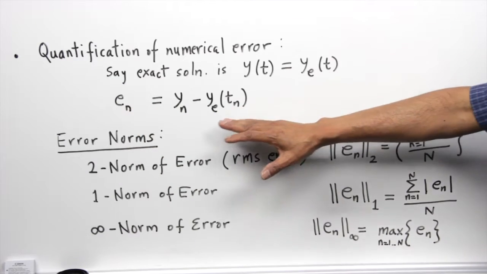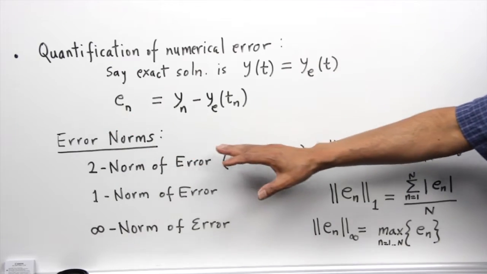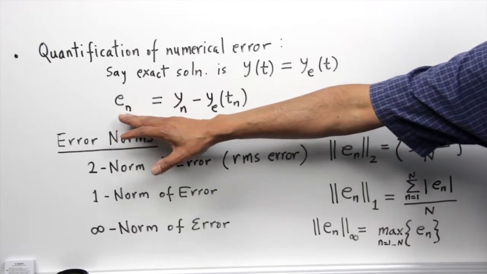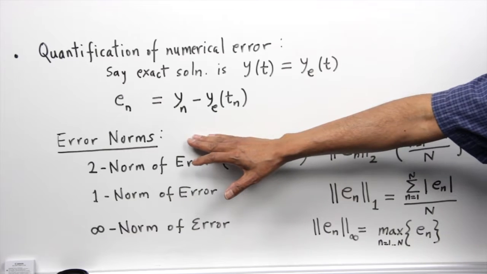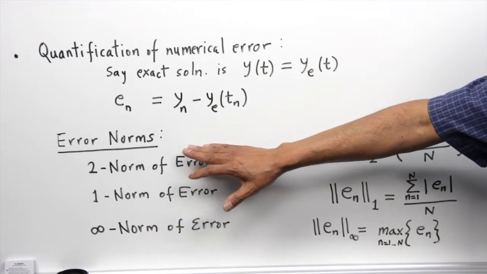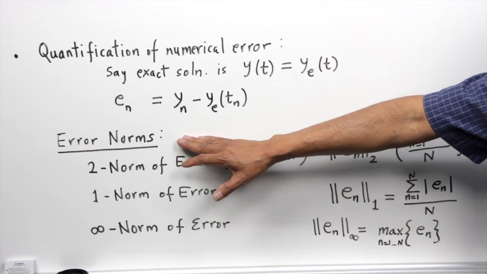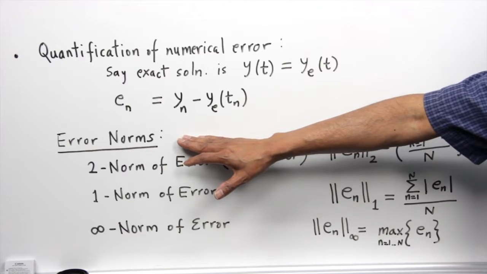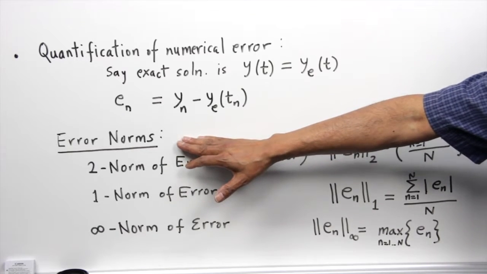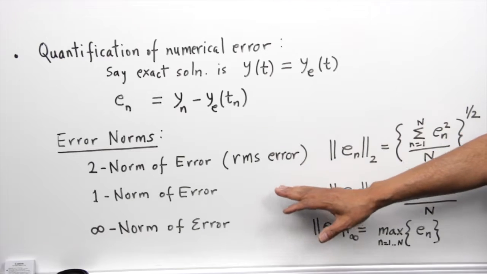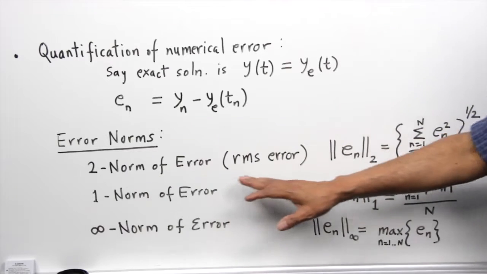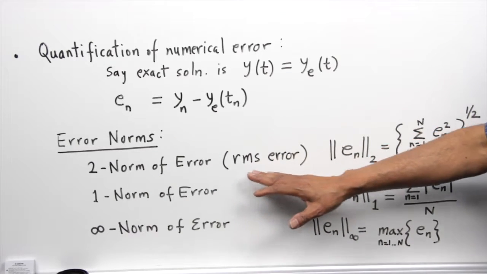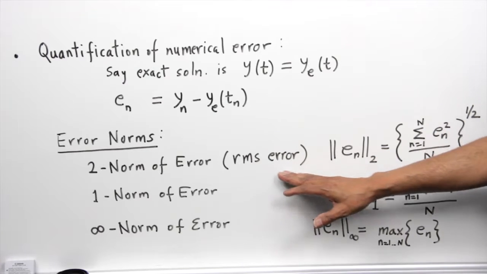And so that idea of characterizing how big a function is, or how big this time series of error is, we define what we call a norm of this error. So we can define different norms which tell us how big or how quantitatively large this error is. And so there are many norms that you may have encountered. There is a 2 norm, or this is what we can call a root mean square or RMS error, which